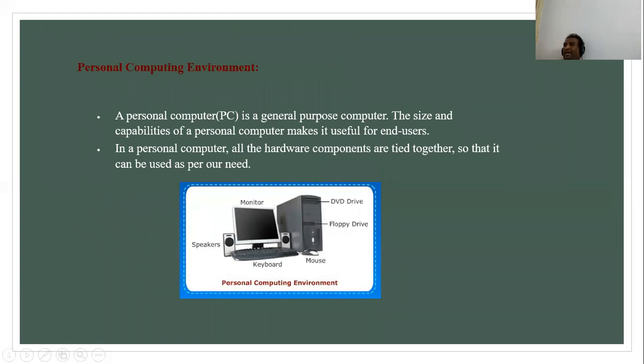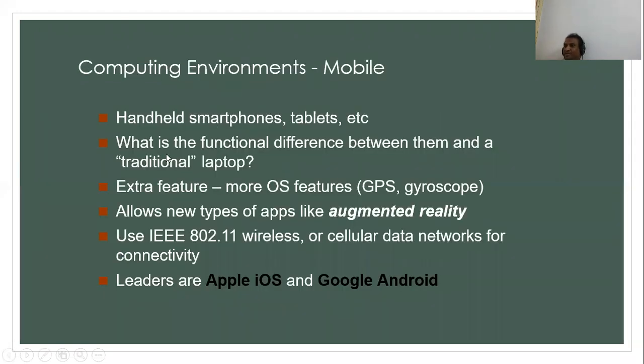It will have some basic requirements of hardware and software components. Minimum requirements like the processor, RAM or hard disk will be minimum, not up to maximum size. So those are what we call personal computers. If we take the computer environment, what all things can be called a computer environment? It can be a mobile, a laptop, a tablet, a desktop. Any device that we use for our day-to-day work is what we call a personal computer or normal computer environment.